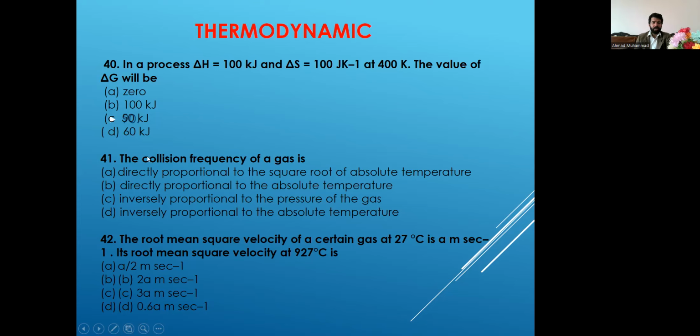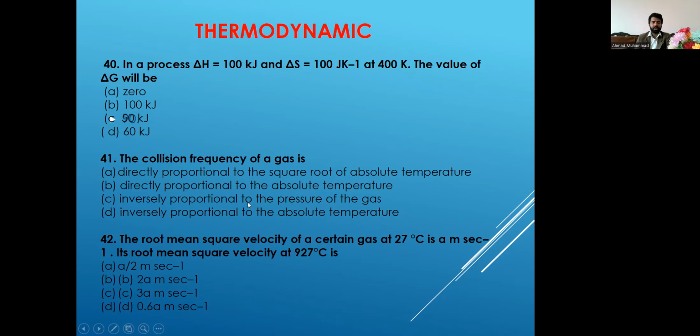For question 41, the collision frequency of a gas is directly proportional to the square root of absolute temperature. Option B is directly proportional to the absolute temperature. Option C is inversely proportional to the pressure of a gas. And option D is inversely proportional to the absolute temperature. So option B is the correct option, where the collision frequency of a gas molecule is directly proportional to